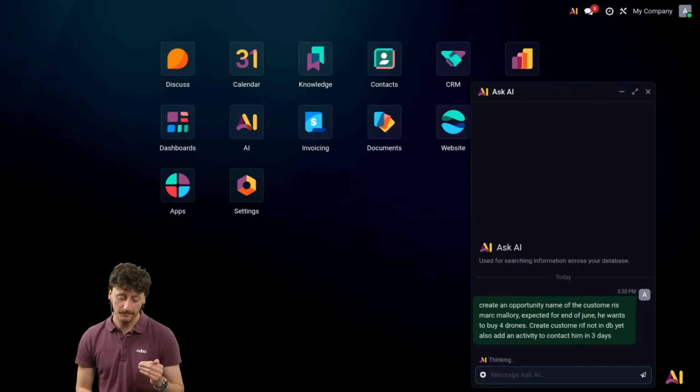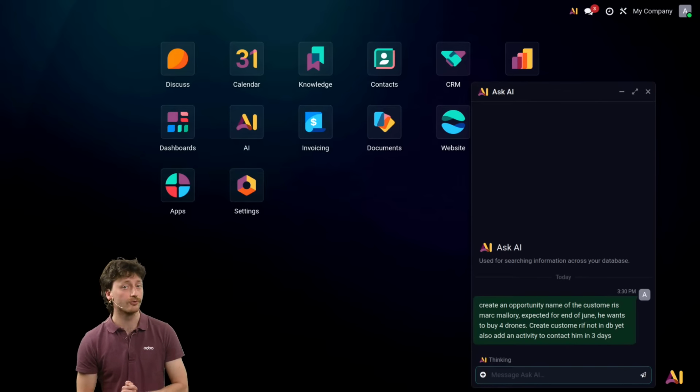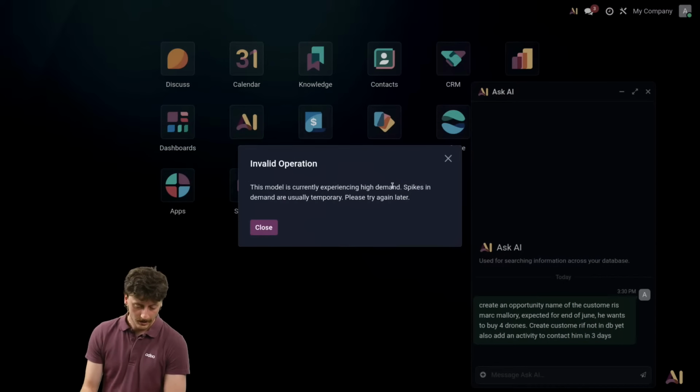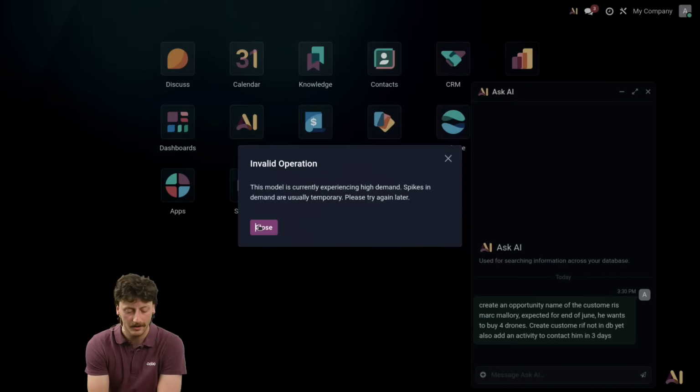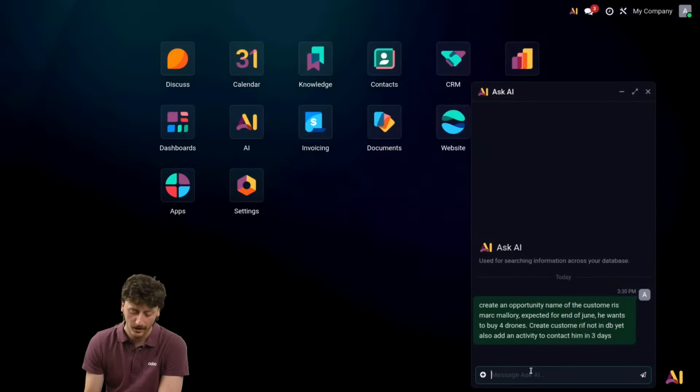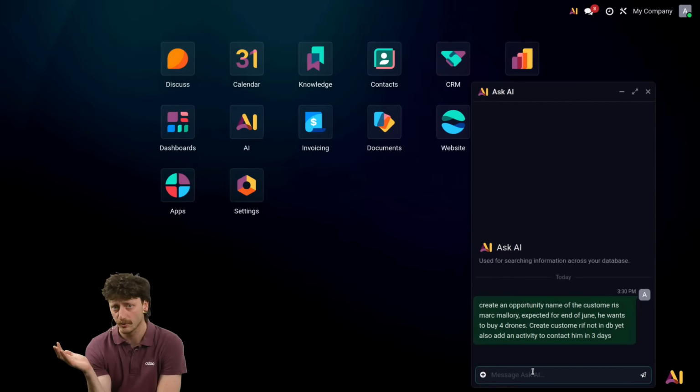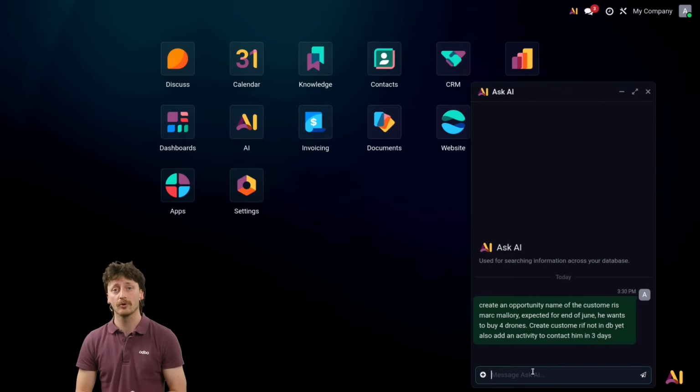And actually, I might also spoil something to you. That's why we are having issues, of course. Our model is experiencing high demand spikes. So we can just wait for a while until the AI gets a bit less demand. Of course, this wouldn't happen if you had your own API key. Here I'm using a shared one, so of course it doesn't help. What was I saying? Yes, I was about to spoil